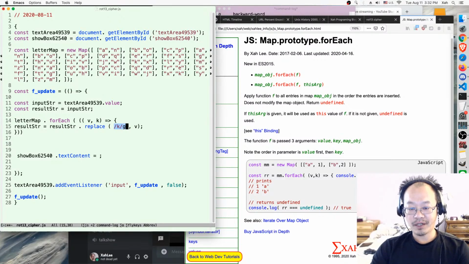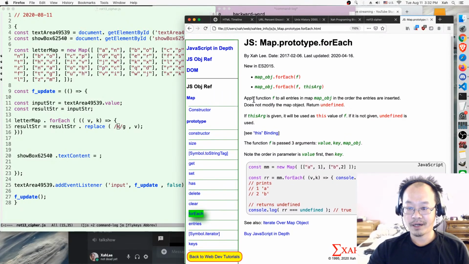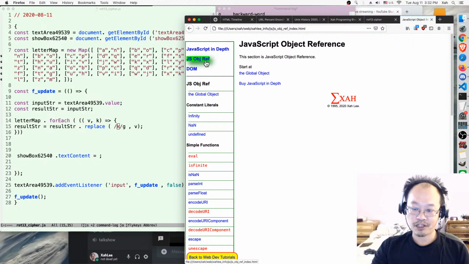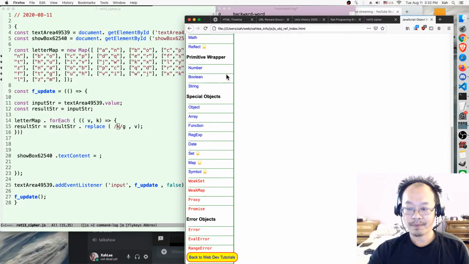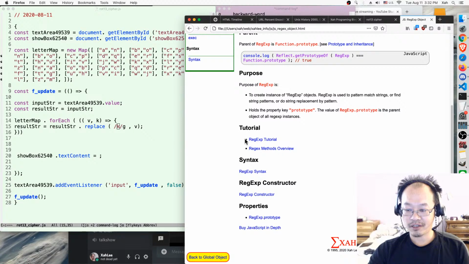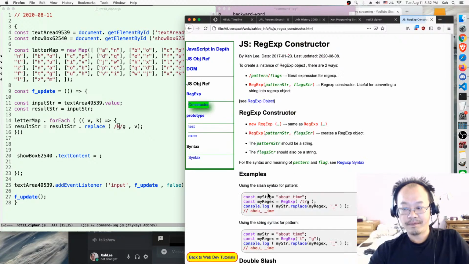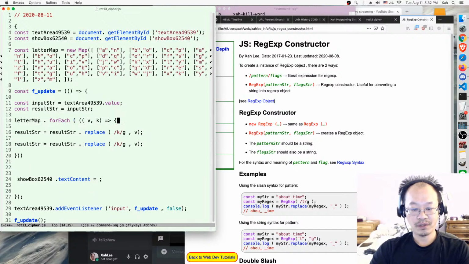But it will not work here, because right now you see our k is a variable. You need to evaluate it. So what do you do? You use the RegExp constructor. Let me show you. Okay, JavaScript reference, RegExp. Then you go to the RegExp constructor. So here is the explanation. Actually, let me just tell you what to do. Let me just type it. Instead of that, hold on a second, instead of that, we need to do